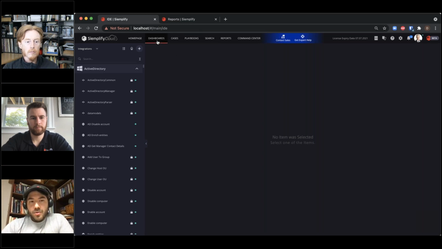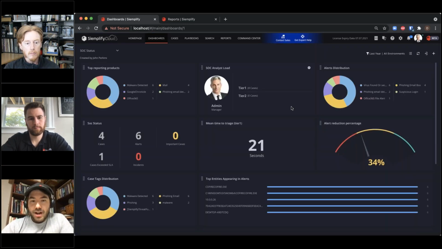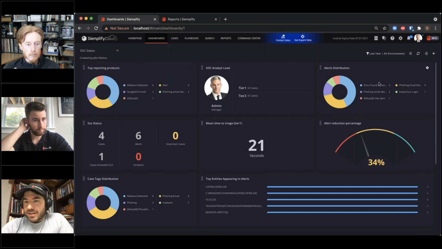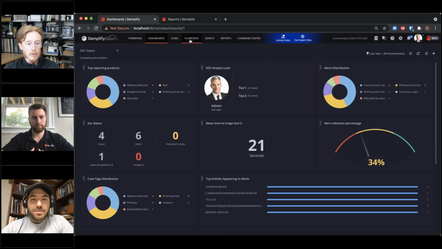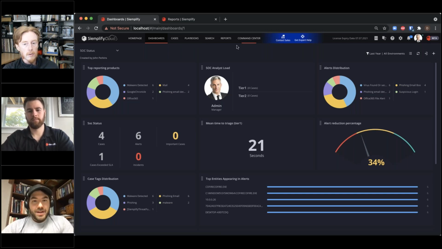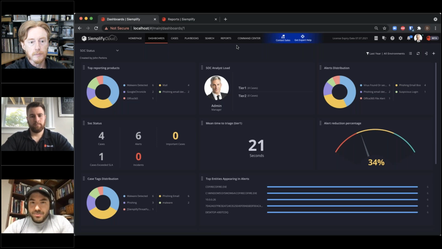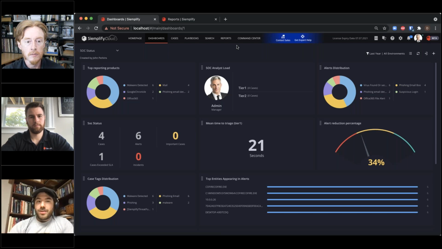All of this while we're also providing those metrics that drive understanding about what's going on within the SOC, such as the top alerting products and the alerts that are coming in. And again, with that multi-tenancy piece, I can drill into each of these environments and see data specifically for those environments. Not only within our dashboards, but like Chris was talking about earlier, I can even build custom playbooks for those. If we were to get into Command Center, we can even add in some actual incidents. The multi-tenancy piece goes throughout the entire product, from dashboards to cases to playbooks, even into our reporting as well.